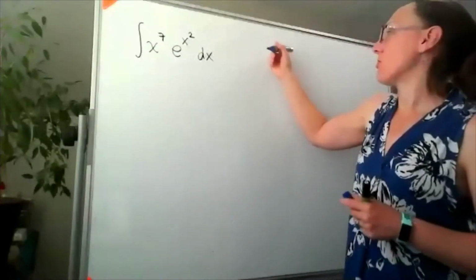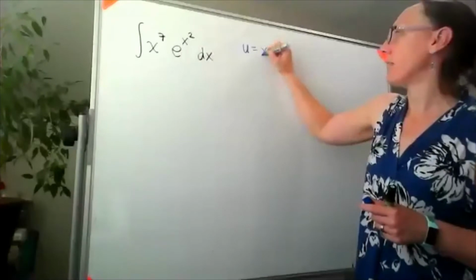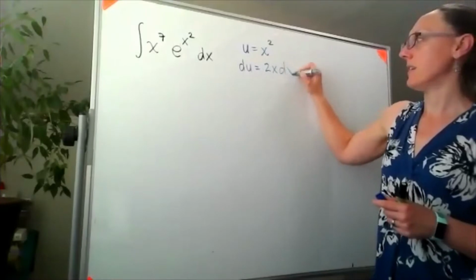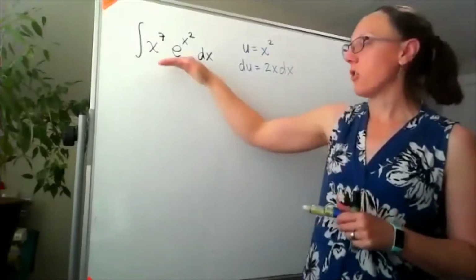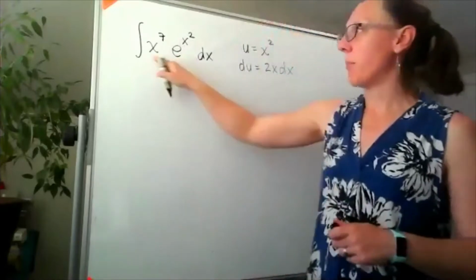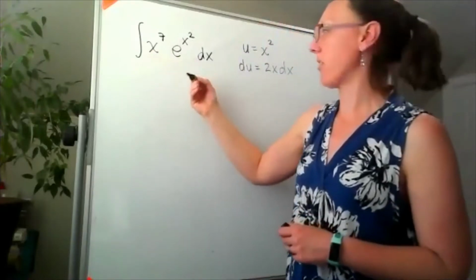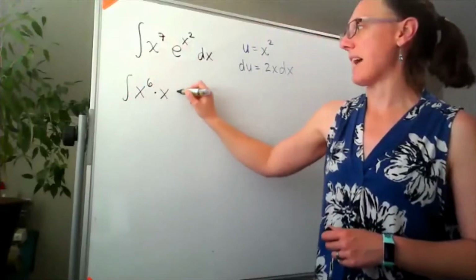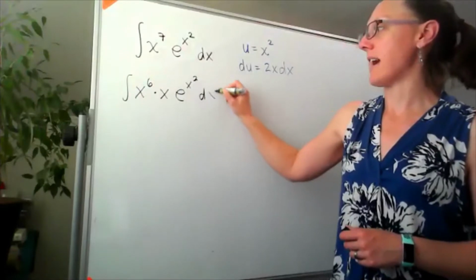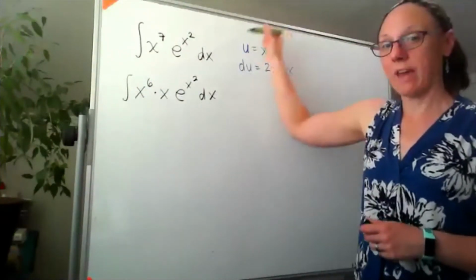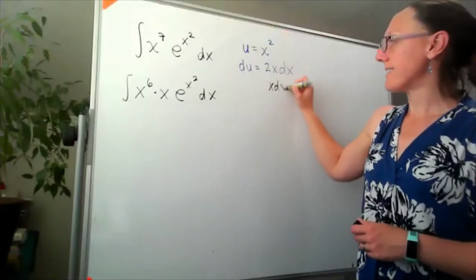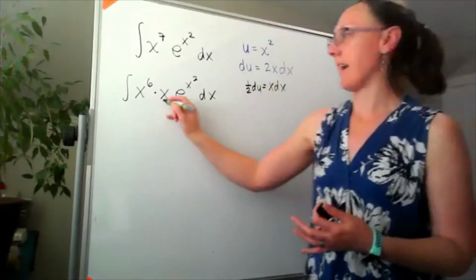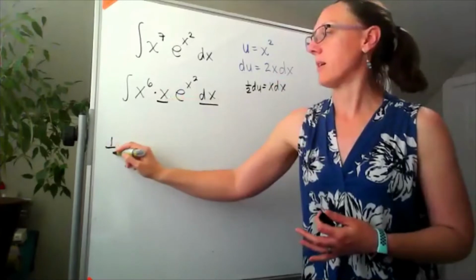If I do a u substitution on this, and I let u equal x squared, that will make du 2x dx, which means over here, I want to borrow one of the x's from that x to the 7th. And think about that x to the 7th as x to the 6th times x, e to the x squared dx. Now, x dx would be 1/2 of du, and that piece I can take care of. So the x dx becomes 1/2